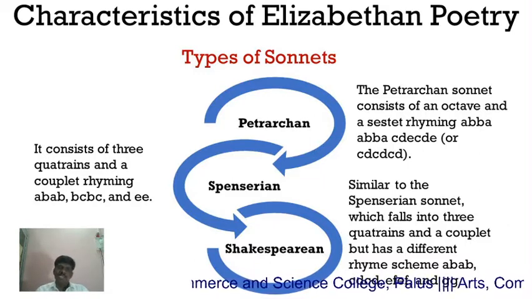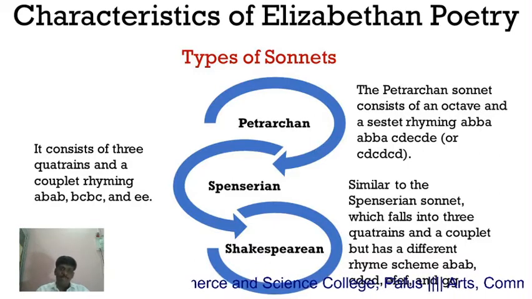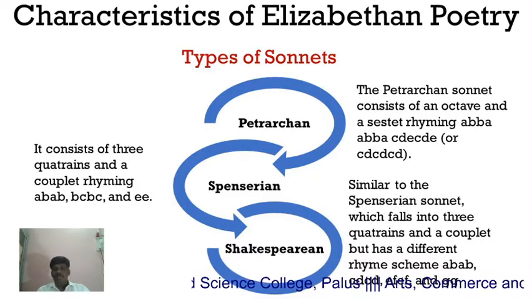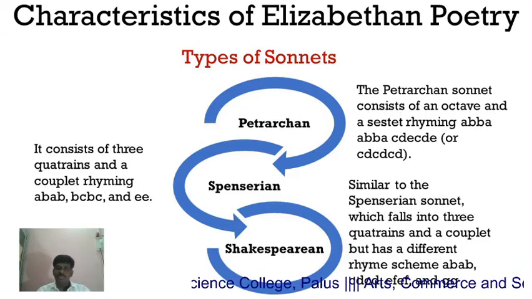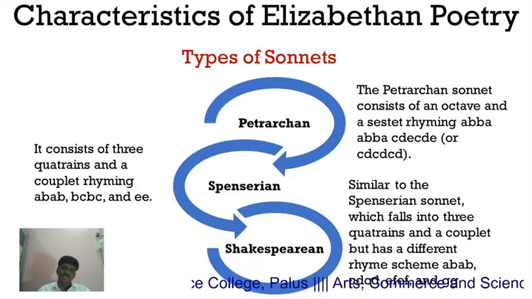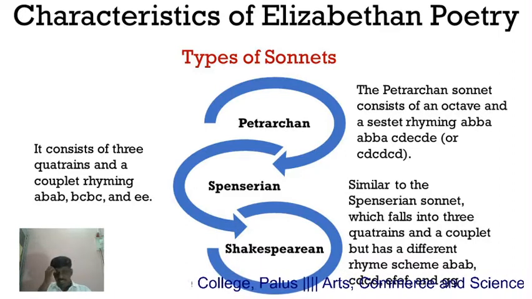You will understand this rhyme when you actually see the poem. Otherwise you may feel that it is a very difficult one. This is not a very difficult one, it is a very easy one to understand. When we discuss the sonnet form exclusively and deal with actual sonnets, you will understand what is meant by this ABBA or CDE CDE. That is a rhyme, and it is very easy to understand.